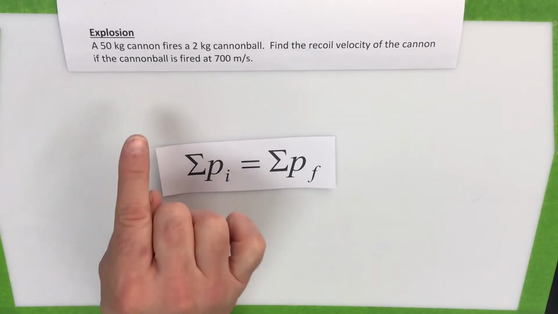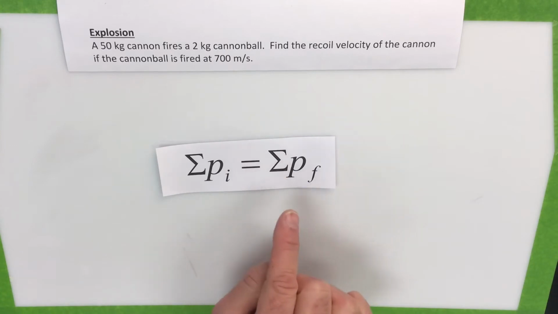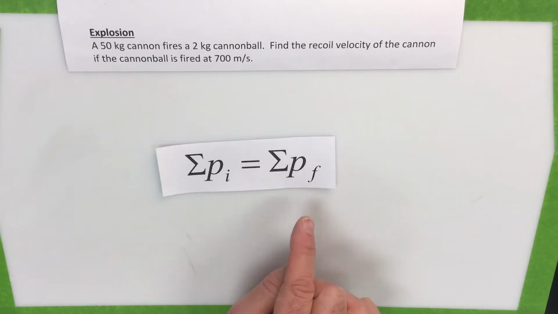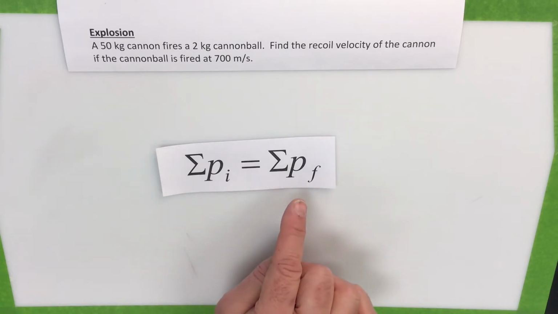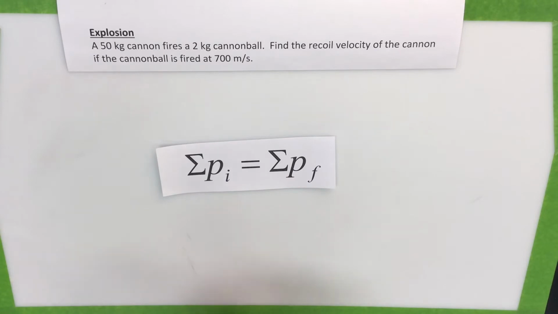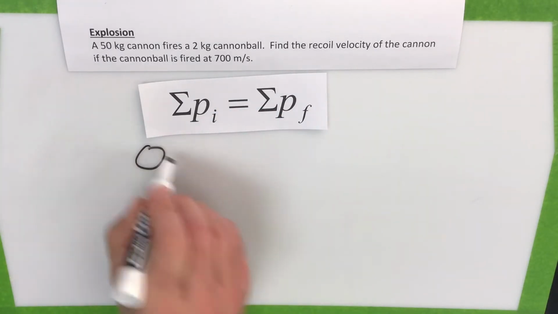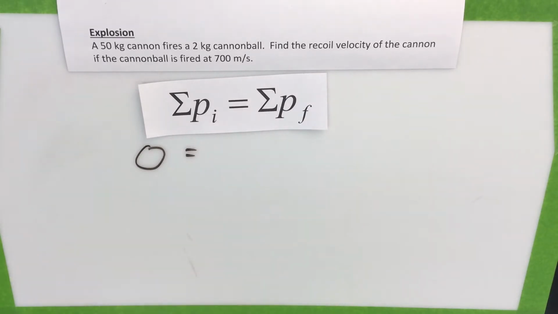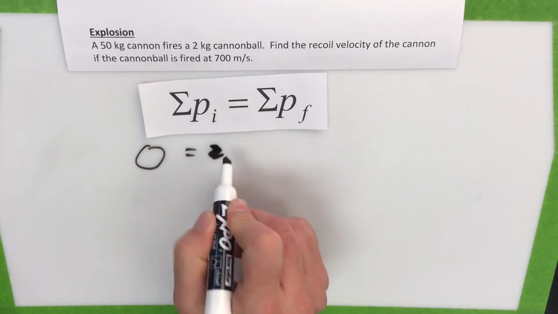Nothing is happening before. What's happening after? Oh, that's where all the action happens. So the total over here on the right-hand side at the end has to be equal to 0. So the two momenta at the end are going to just cancel each other out because this is a vector equation. You could look at it algebraically this way and say that the 0 momentum at the beginning is equal to the cannonball, 2 kilograms